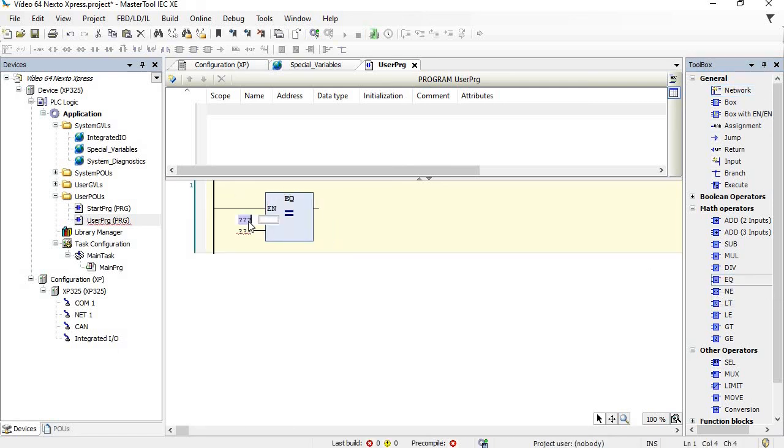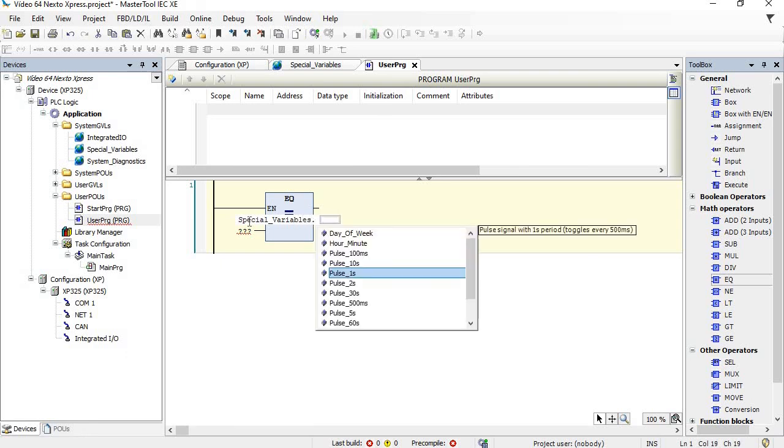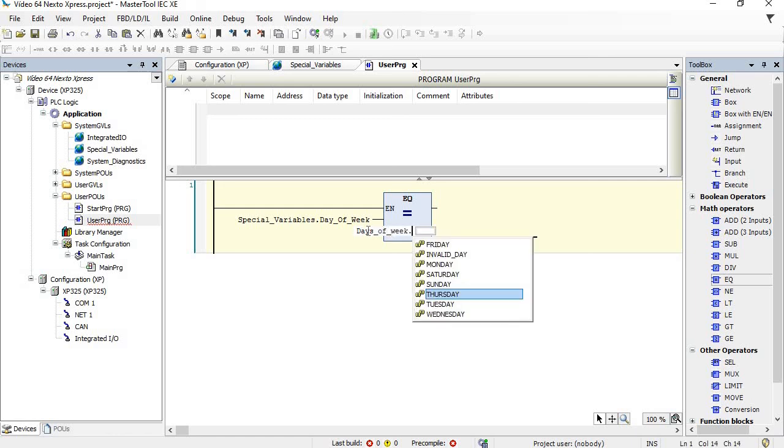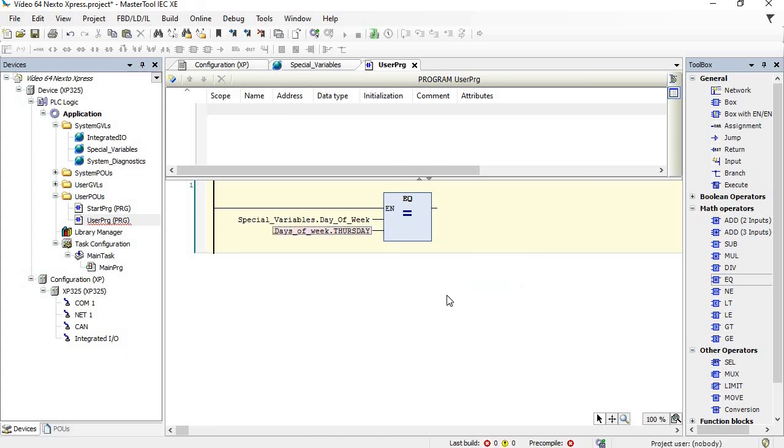Let's pass it to our special variable. So now we can point out the path of the GVL, the variable of the day of the week, if it is equal to the type days of week. If it's true, then we can move.